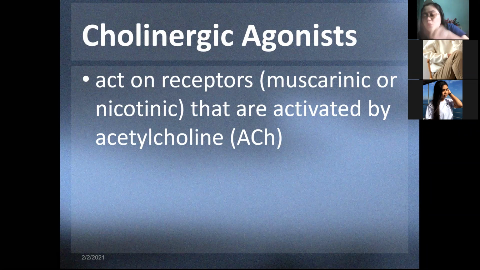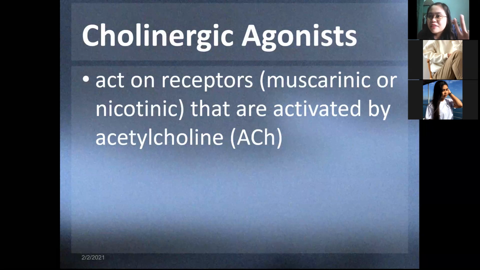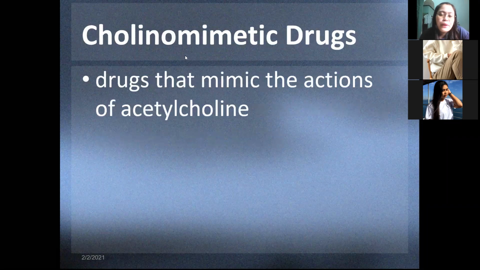And then we have two. This is very important na makabalo mo na kung unsa ang mga receptors ni acetylcholine. Again, we have the muscarinic and the nicotinic receptors. That's the first one. And then, aside from that, aside from binding, these drugs have to activate these two receptors. Pag na-activate na nila, then we can call these drugs cholinergic agonist. Cholinergic refers to acetylcholine. Okay? And then, we have the so-called